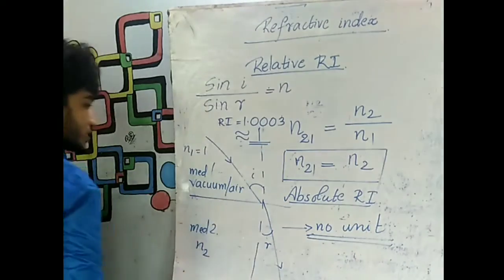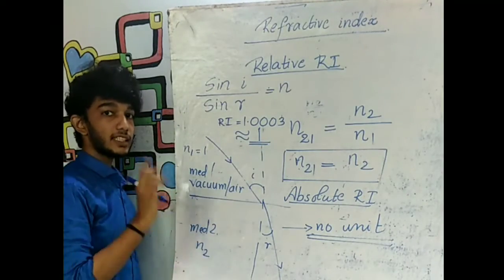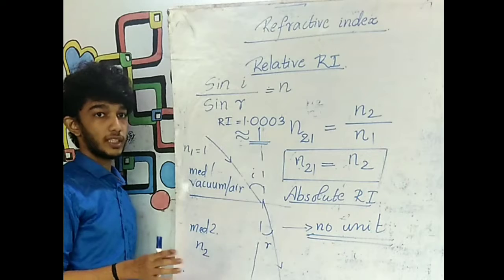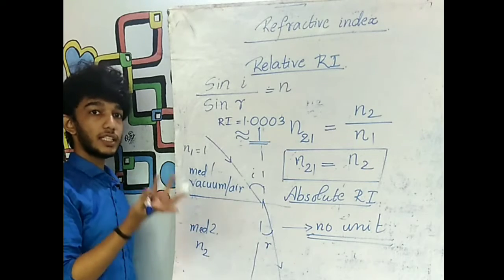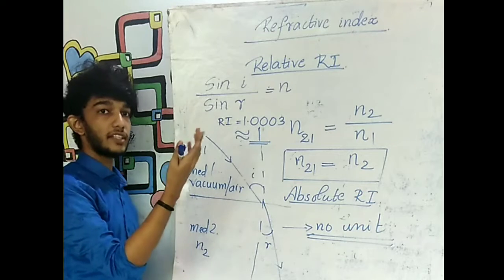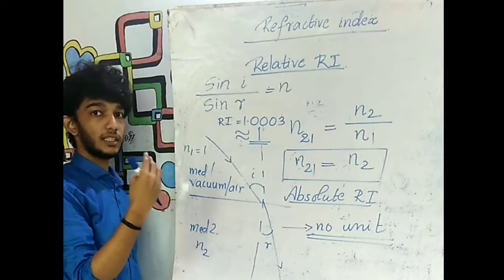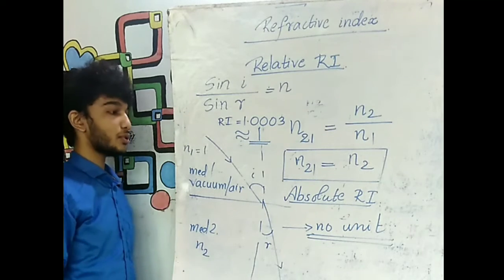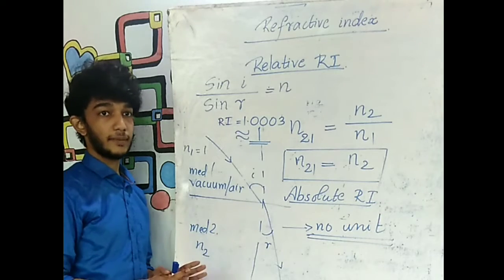It can be a 1 mark question. What is the unit of refractive index? Refractive index does not have any unit. Sin i by sin r. There is no unit. And refractive index means absolute refractive index, or refractive index of one medium with respect to another. Therefore, there is no unit for refractive index.